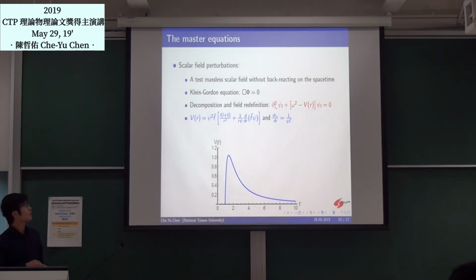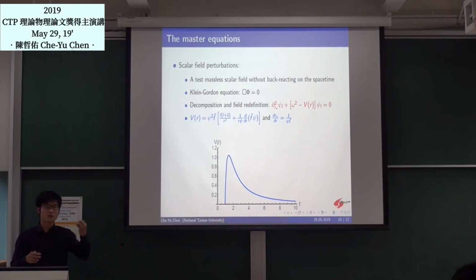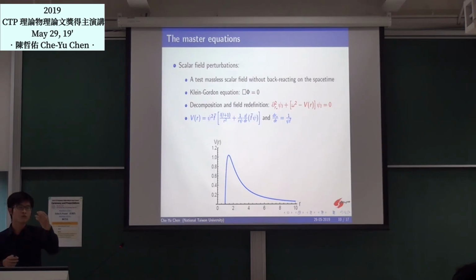In order to do that, there are a lot of ways. I will briefly introduce it. So in this paper, we consider the quasi-normal modes from massless scalar field perturbations. Imagine that you have a black hole and we throw a massless scalar field around this black hole, and we treat it as a test field, a test perturbation. This field is described by the Klein-Gordon equation because we follow the geodesics. And after some decomposition of the field or some redefinition of fields, this equation can be written in this Schrödinger-like form with a special potential here.